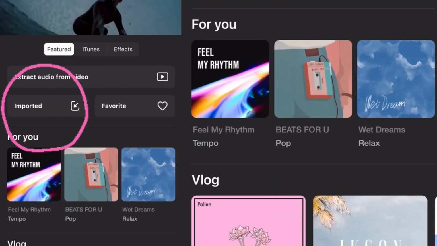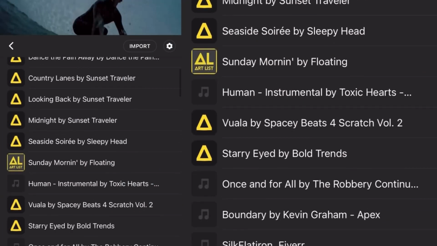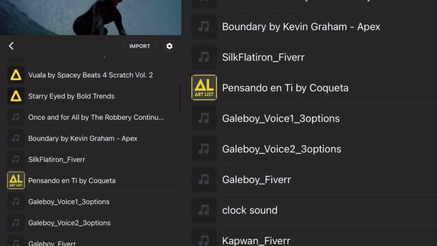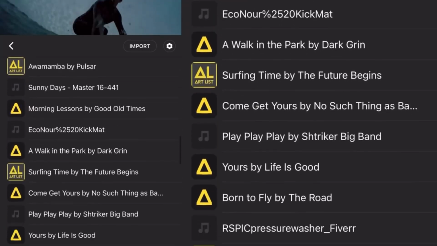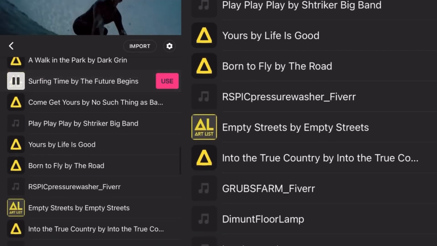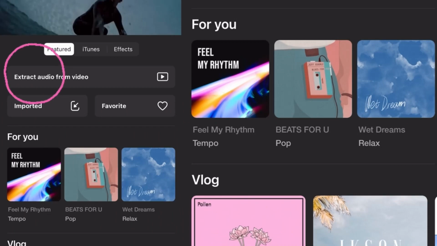Another way of getting music is to import music. And I use a service called Artlist, and so I own the license and royalties for these songs on Artlist, so I don't have to worry about giving credits or whatnot. So I'm going to play around with surfing time, and then I'm going to go back into the menu here,